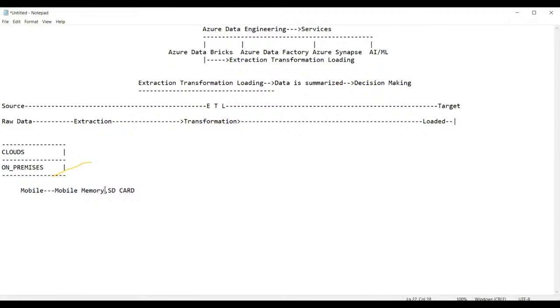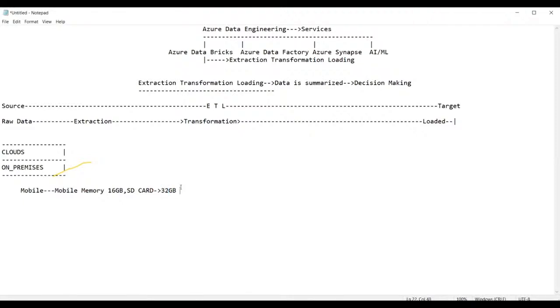That means, suppose you are getting a mobile with 16 GB internal storage. This 16 GB is the default memory. That means in your mobile phone, you can store up to 16 GB. Whereas if you require more memory, suppose you want to store 32 GB more, for that we buy an external SD card and put it in the mobile phone, and from that point onwards, you can use this additional 32 GB.